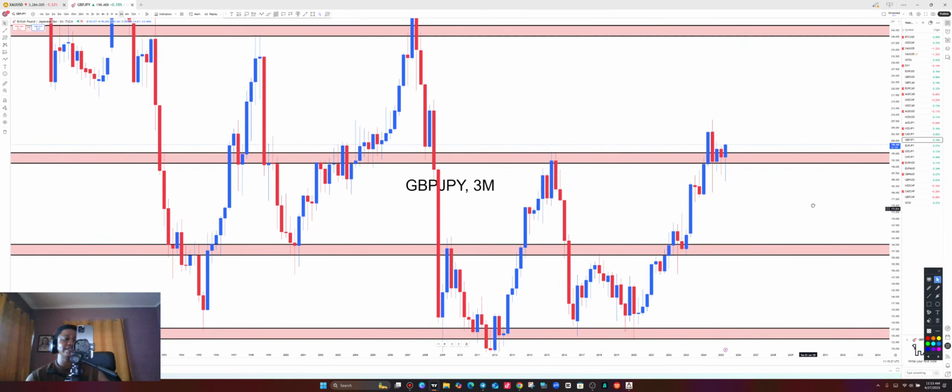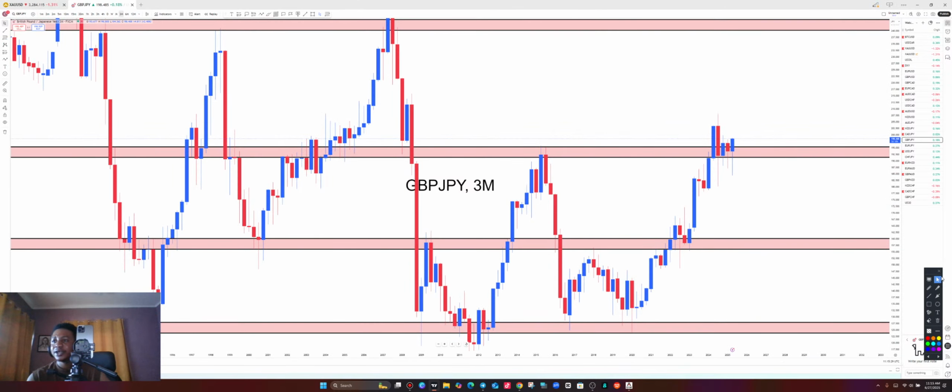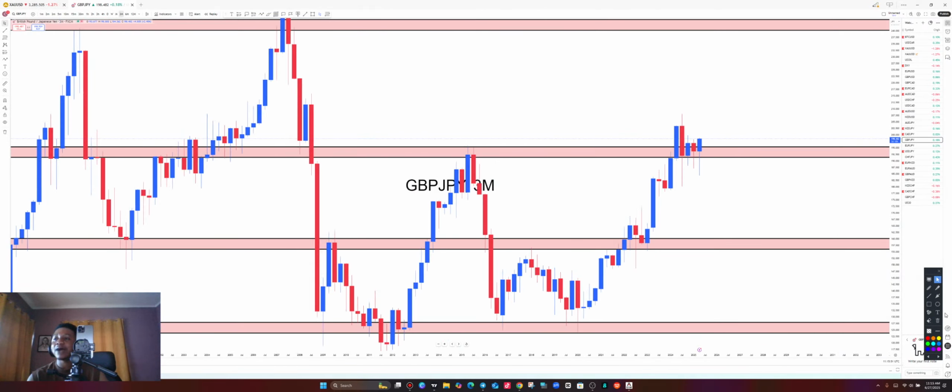GBP JPY, this is the 3 months time frame. What exactly is happening on the 3 months? We have the upper zone, the middle zone, the lower zone, more lower zone. Look at this. Price has made contact with the 3 months resistance level. After making contact, we saw that it broke above a little bit. Sellers came in and pushed price down, buyers are coming again and pushing price back up. So you can see there's a pin bar confirmation over here, which is breaking above the 3 months resistance, meaning there's a lot of buy momentum, which is going to push price all the way to the upside.